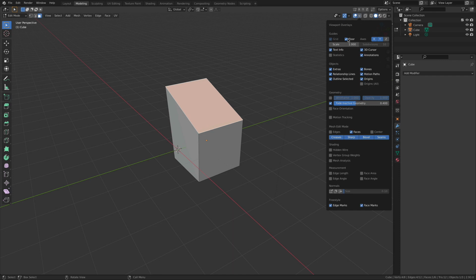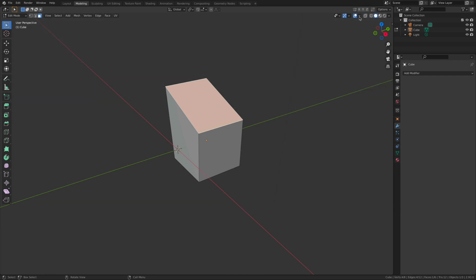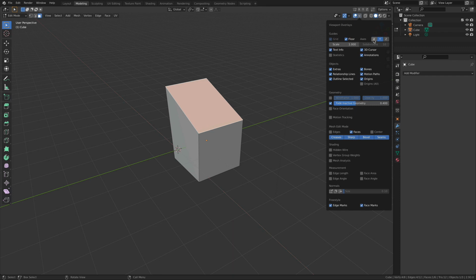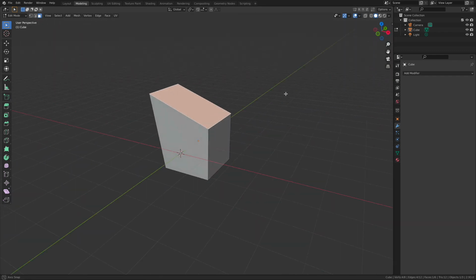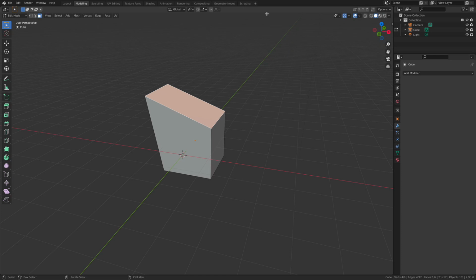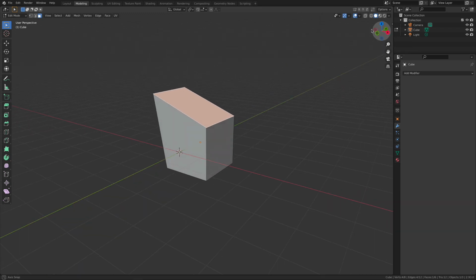Like, for example, maybe you don't want to see the grid. You can turn that on and off. Some folks don't like seeing the axes. I mean, you can customize your viewport to give you an experience that's going to help you be more creative, and these tools in here are going to help you out. Of course, we got our standard 3D compass as well. This is going to help us keep our bearings inside our true three-dimensional space.